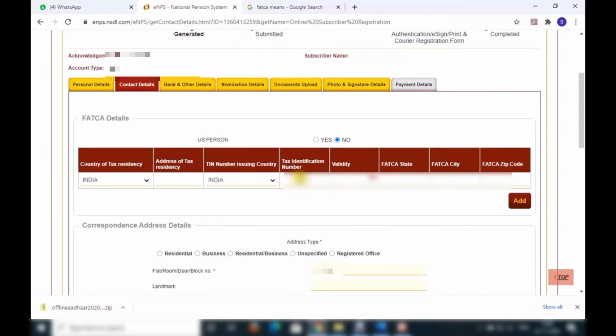For TIN number, issuing country is India. I think in the USA they will say TAN number instead of PAN number, so you can enter your PAN card number. Validity can be kept blank. FATCA state is your state, your city and zip code.